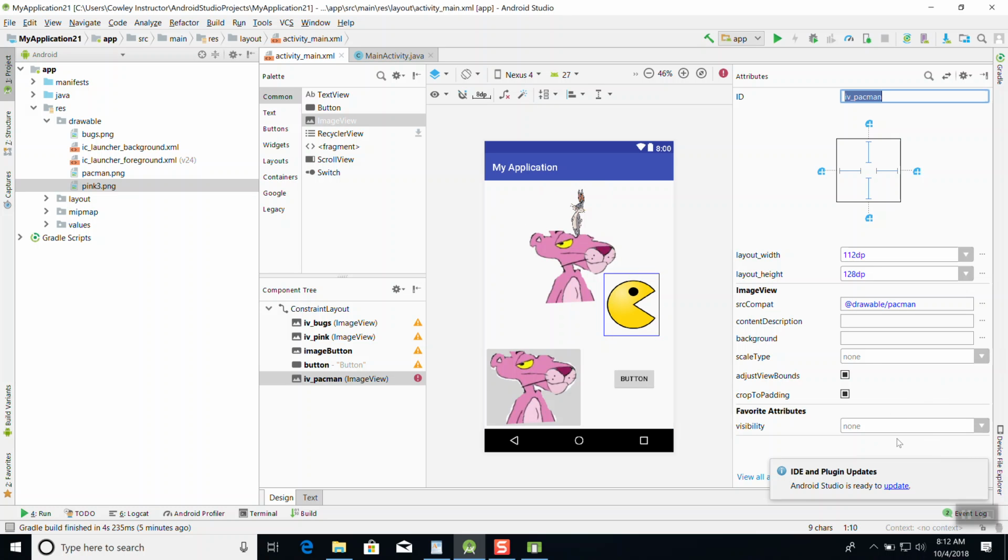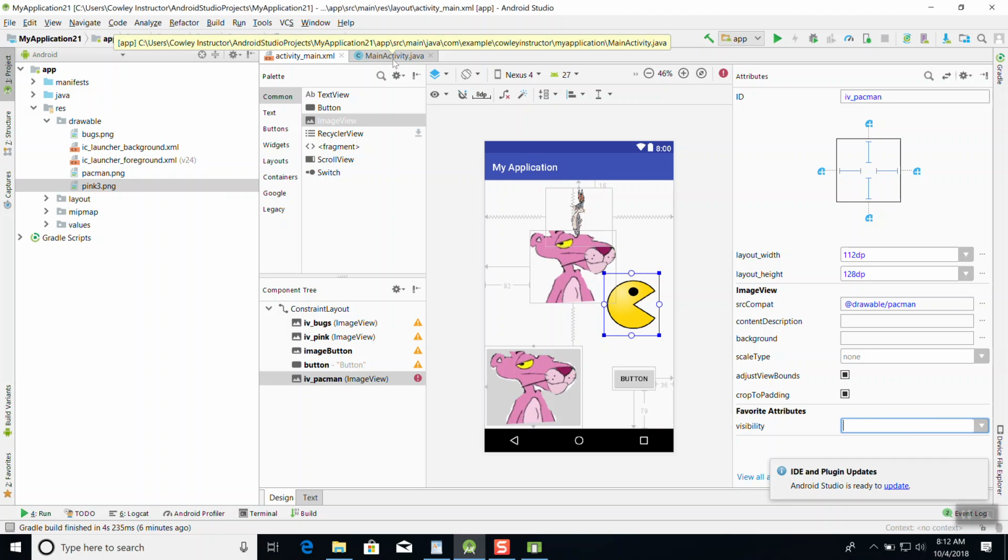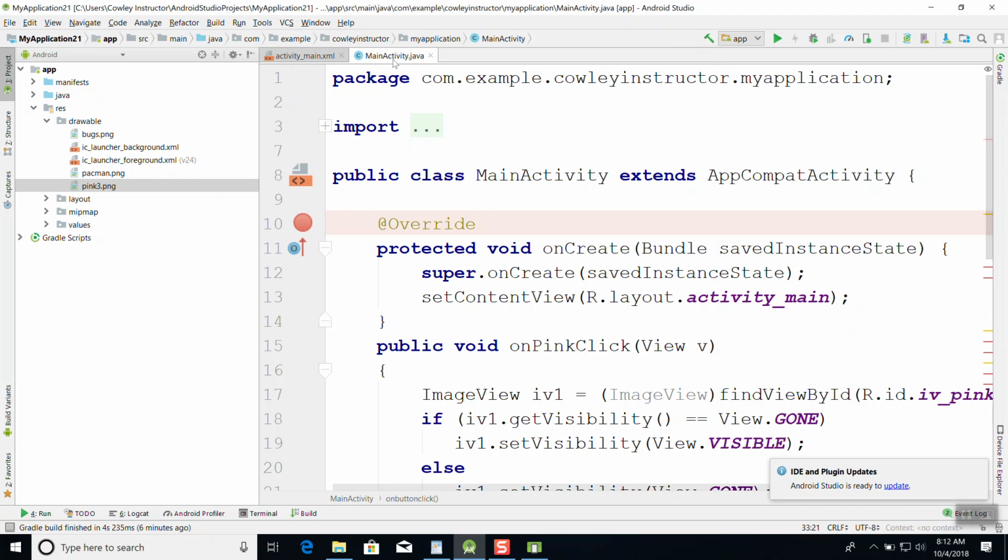Now I notice that there's a favorite attributes section down here when I have an image view selected, and the visibility is one of them. This is the attribute we're going to be programmatically changing. Everybody at that point? Yeah, I got my two images. Okay. So if you go over to main activity,